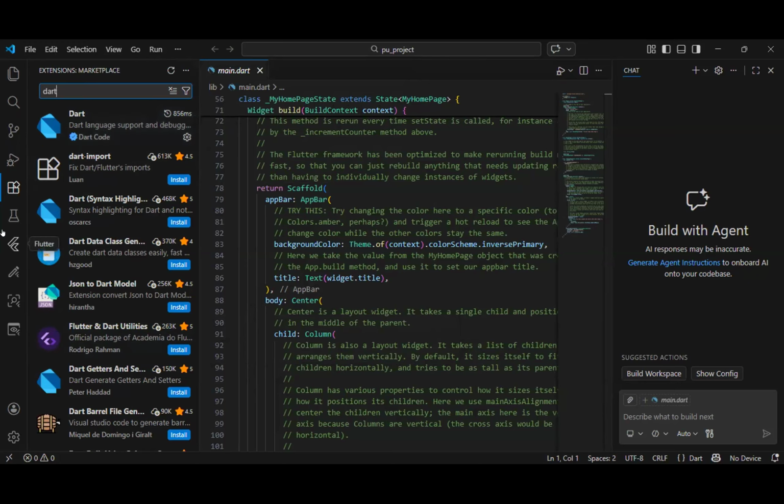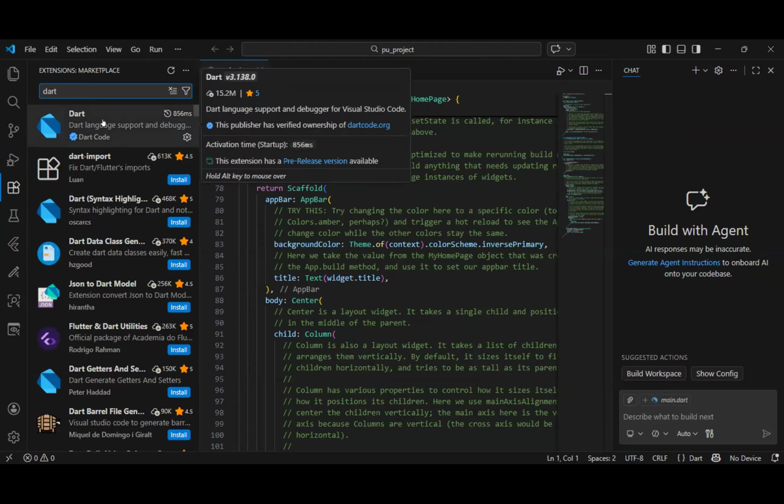So if you want to add that programming language to the VS Code, that's what to do. First, install the VS Code. Then after installing it, open it. When you open it, go to Extensions. Click on Extensions, come to where the search is, type Dart and enter. The very first item that you see, click on Install. And then it will install it for you. That is all you have to do with the Dart programming language.